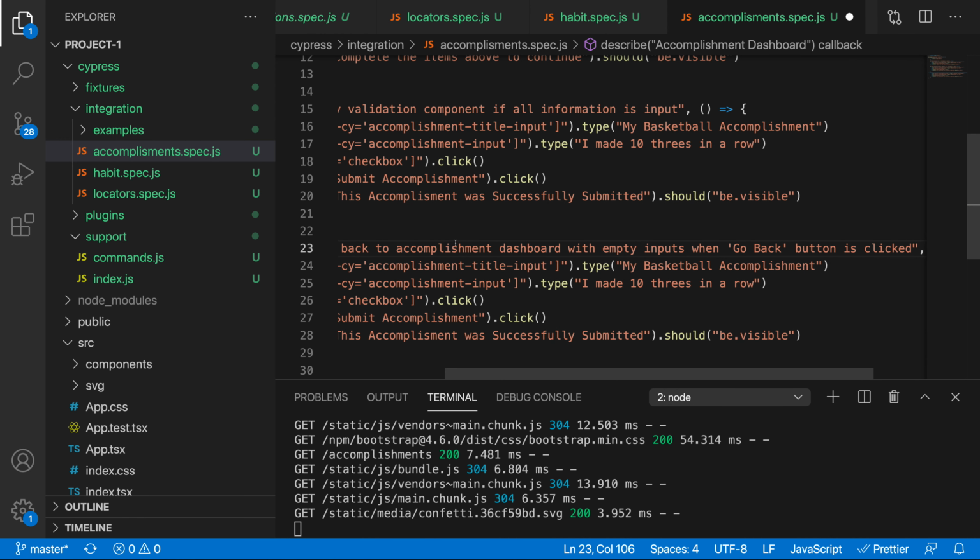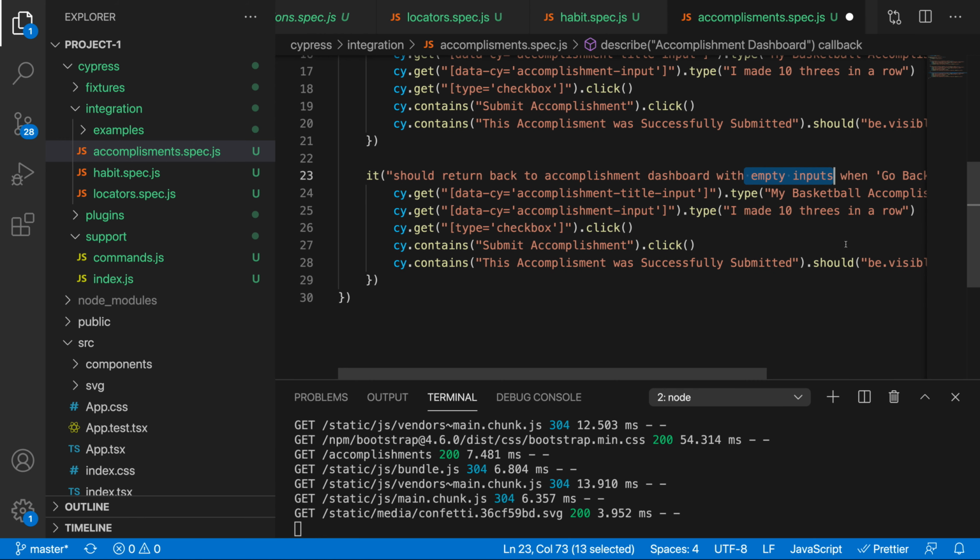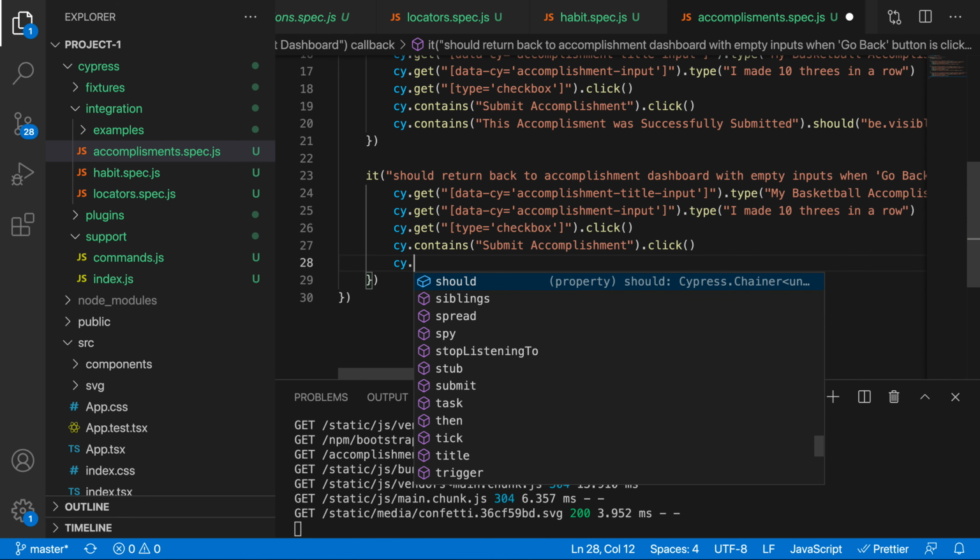So when we press the go back button, we should go back to the accomplishment dashboard, and the inputs should be empty. So let's just get rid of this assertion right over here, and let's just do